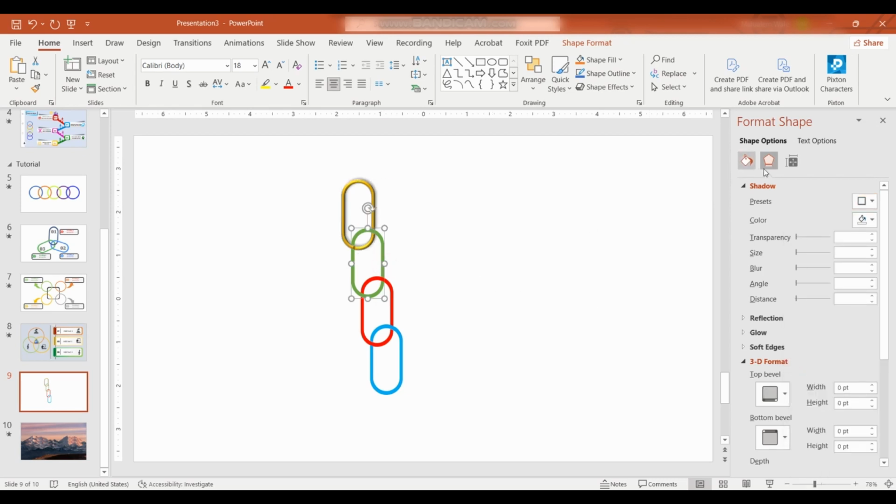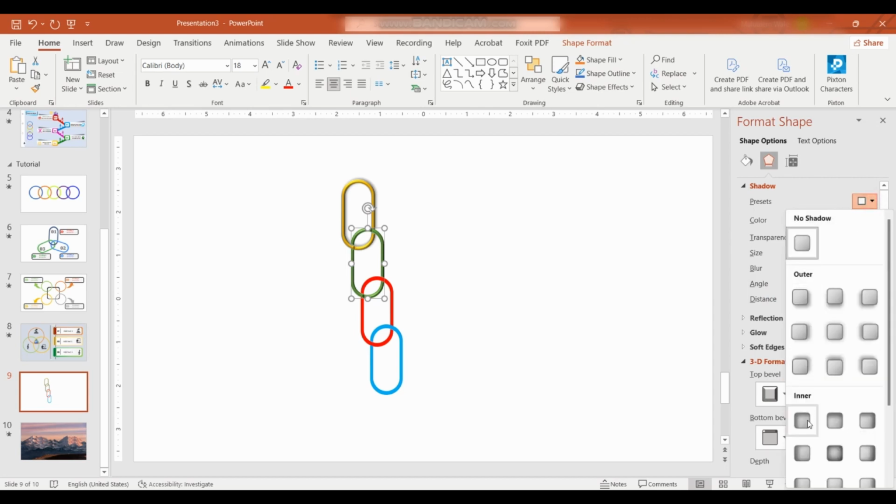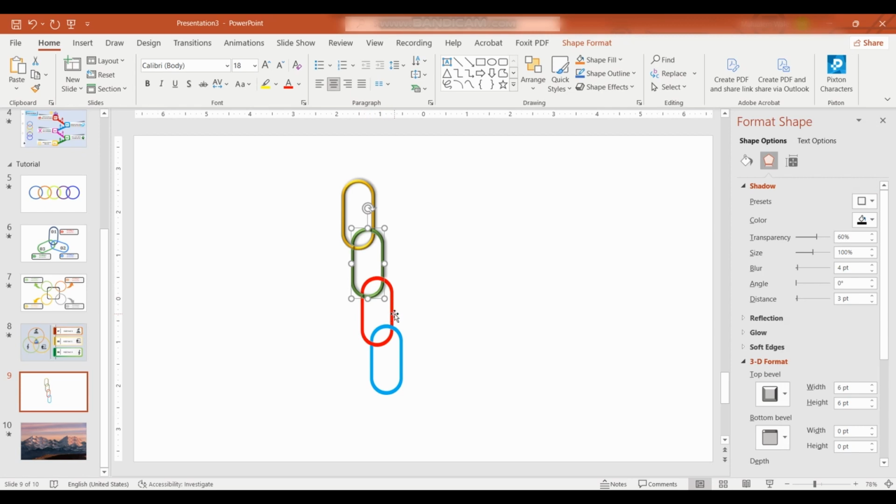Select the second shape. Go to shape format, then the 3D format. I will select the top level for this shape. Then I will add some kind of shadow. Okay. Do the same thing for all four of the shapes. Go to shape format, 3D effect, top level, first one. Add some